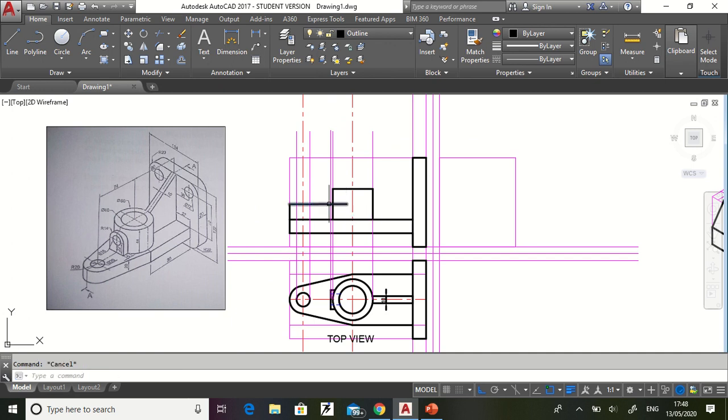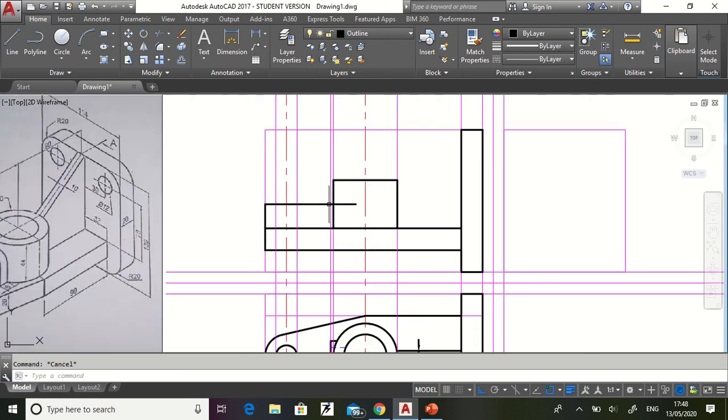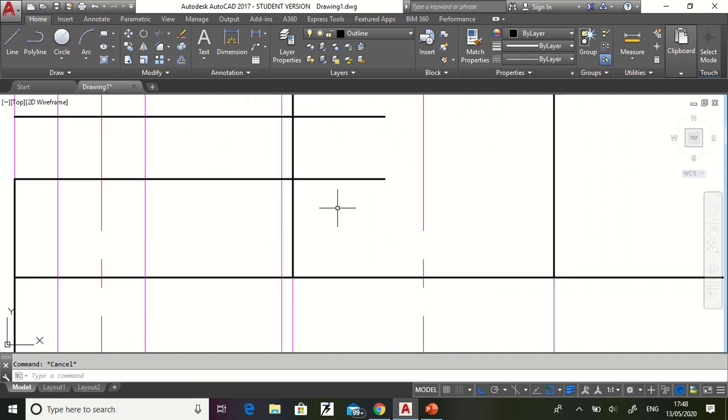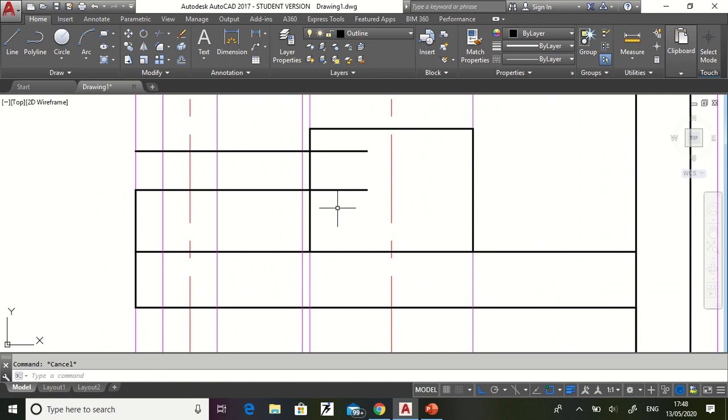To draw this inside circle we are talking about, the inside circle is diameter 16 and outside is 14. So from here we will again take copy at a distance of 14. So we will get the top portion, and if I do offset of 8 on both sides, I will get the inner circle. So offset by 8, this line here, this line here.